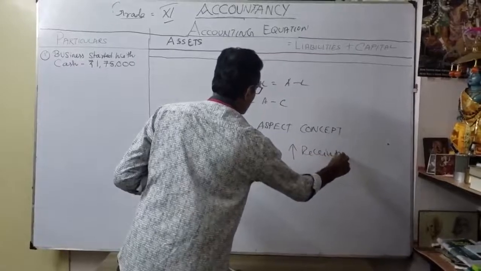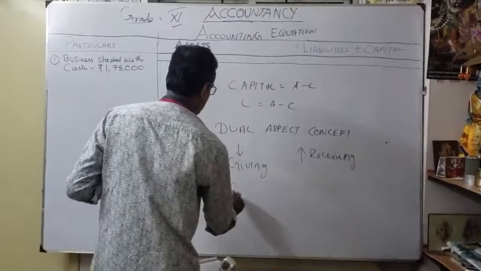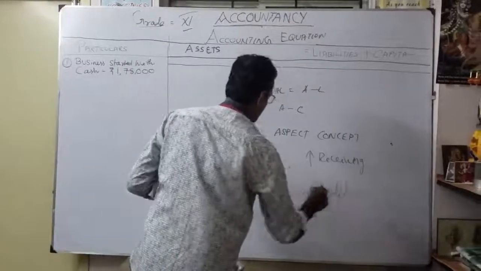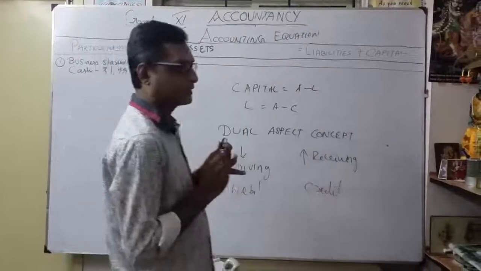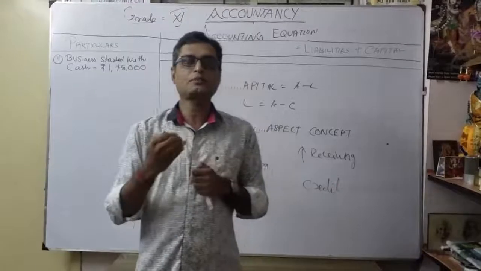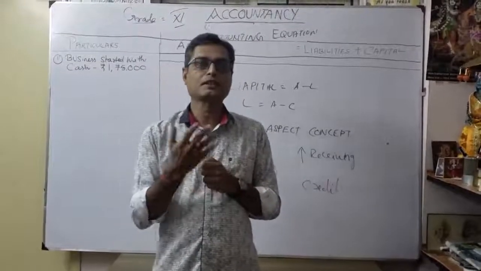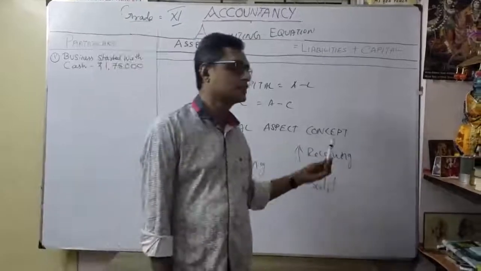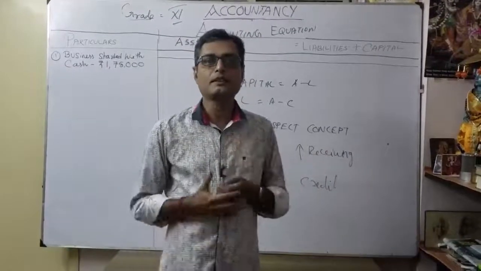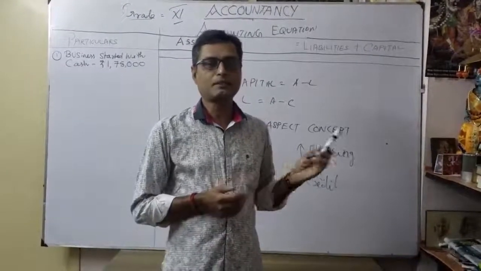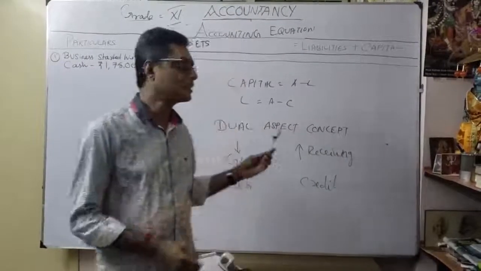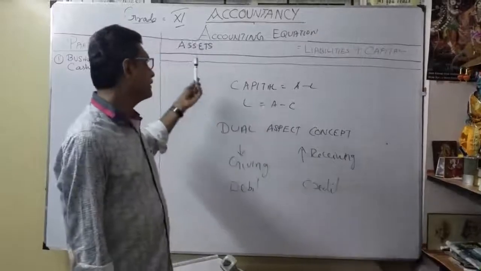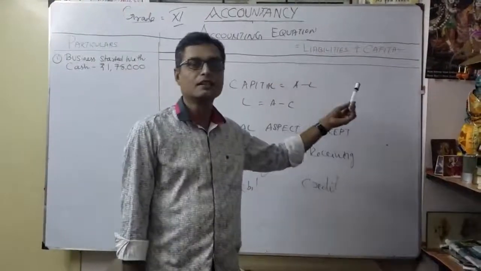Or maybe debit or credit. There are two aspects. When you are going to market, we bought something, so we received something, and for that you are paying something. That's the two aspects, that is called the real aspect concept. For every corresponding debit, there is a corresponding credit. So coming under the double entry system, which concept are we going to follow? The real aspect concept, nothing but always the accounting equation is equal. There is no imbalance.